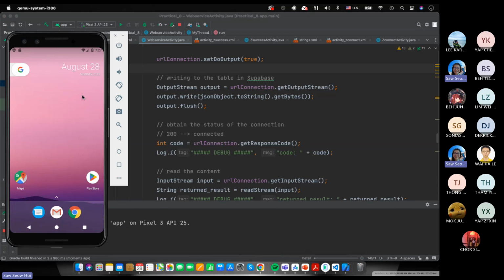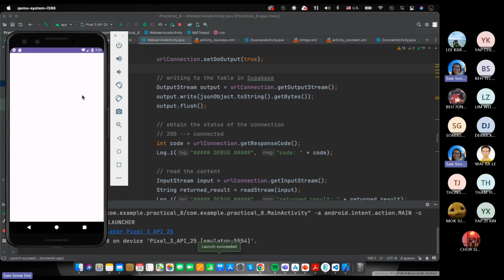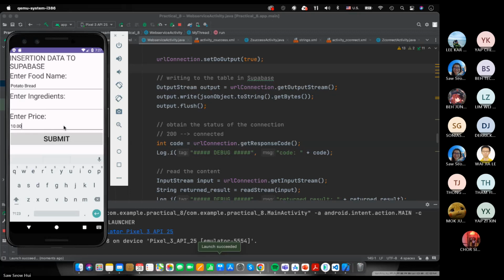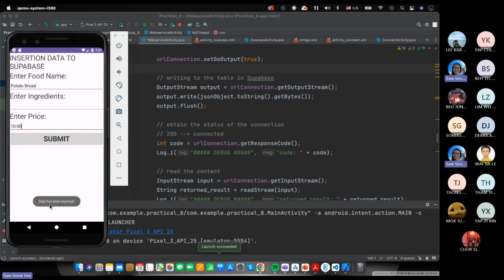Say potato bread. I don't enter the ingredient. I only enter the price, 10 ringgit. Then when I submit, data has been inserted. Now if you refer back to your Supabase,